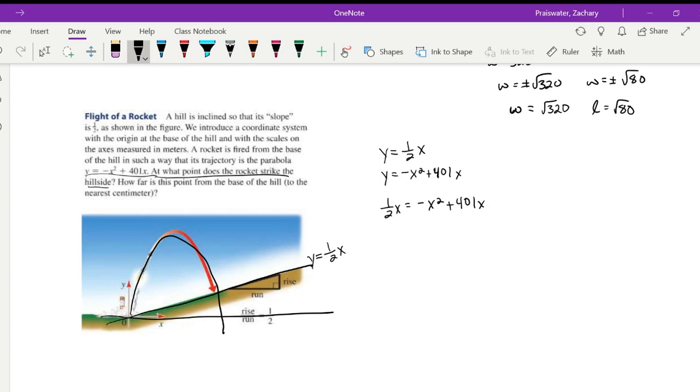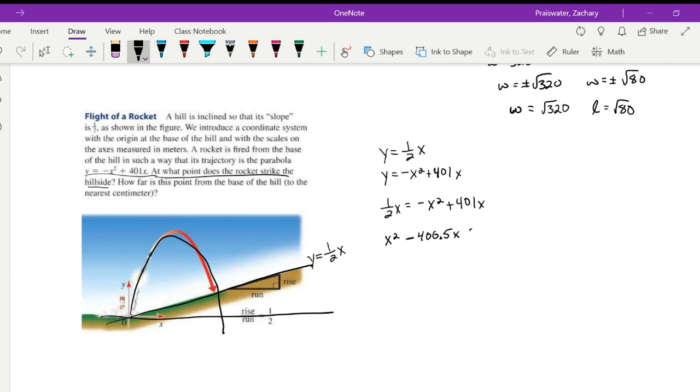And then we can subtract, actually, let's move everything to the right to make that x squared positive. So it's x squared plus 1/2 x, and then minus 401x. So let's put that together. So it would be minus 400.5